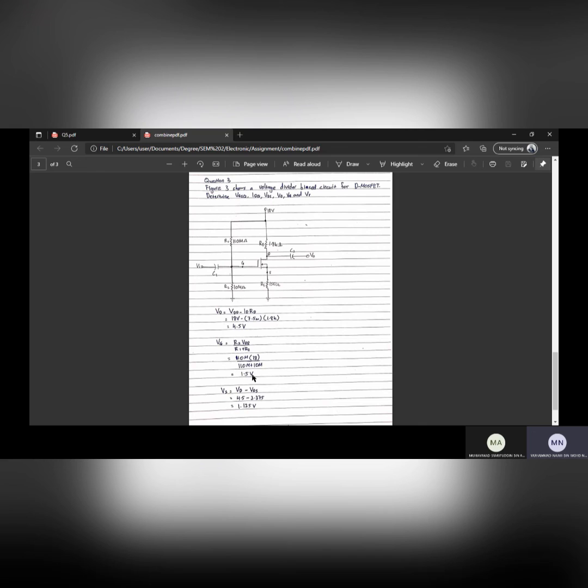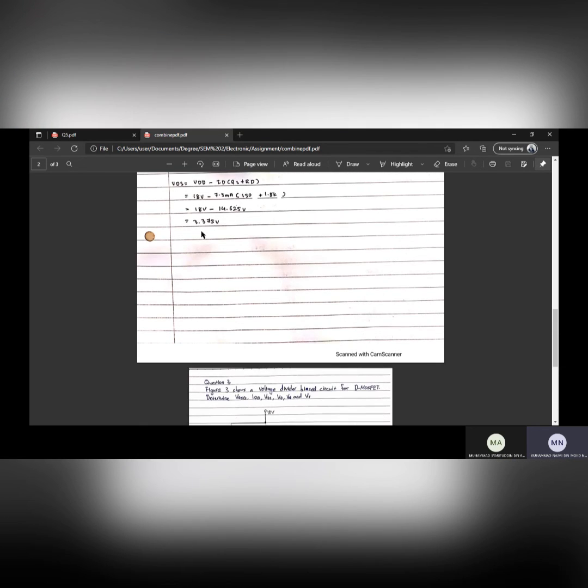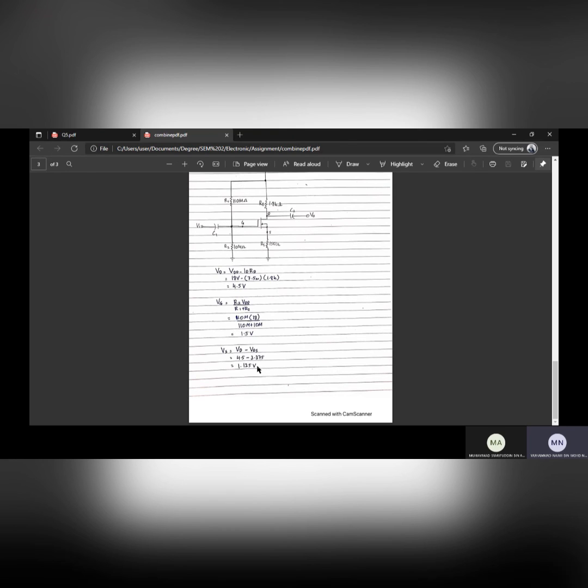To find VS, the formula is VD minus VDS. So the value for VD is 4.5 volt, which is here, and for VDS is 3.375, which is from here. So the value for VS is